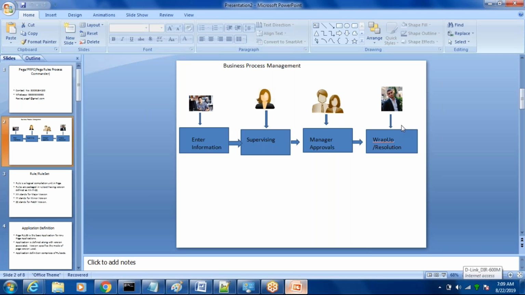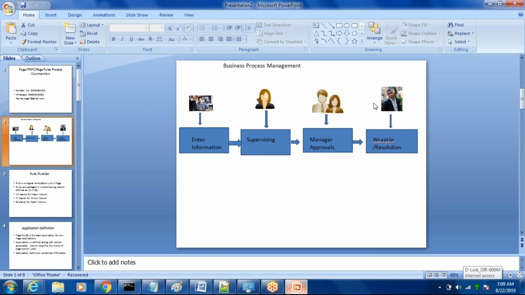So this way, the target is to hire a candidate for a job. In order to hire a candidate for a job, we have different people involved. In this activity you see we have three different actors who are involved in it.